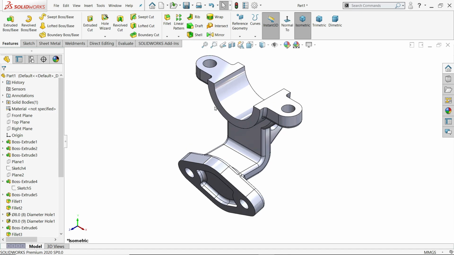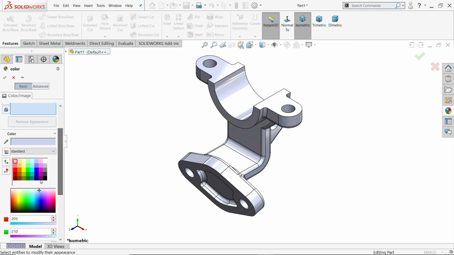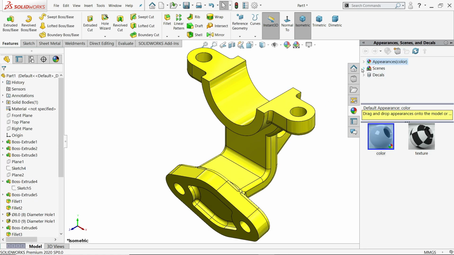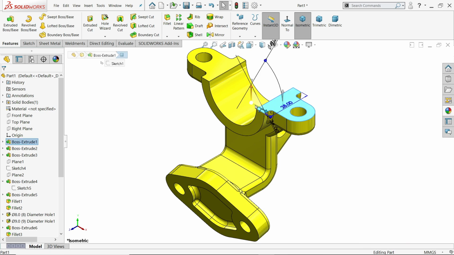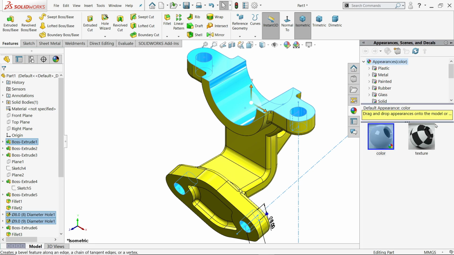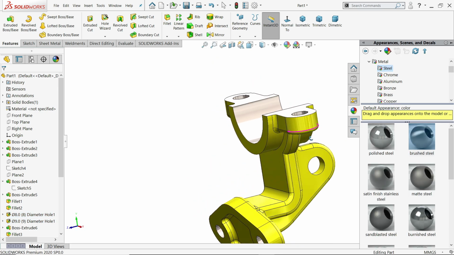Real view. Now let's assign Edit Appearance. Okay, this one is fully defined. Now even though appearance can be applied from here also, I'll choose this face and metal, brushed steel.